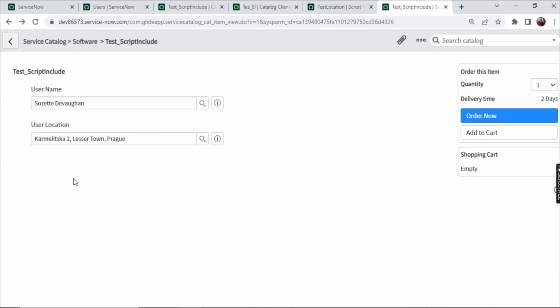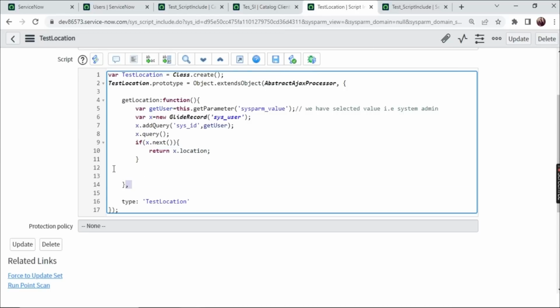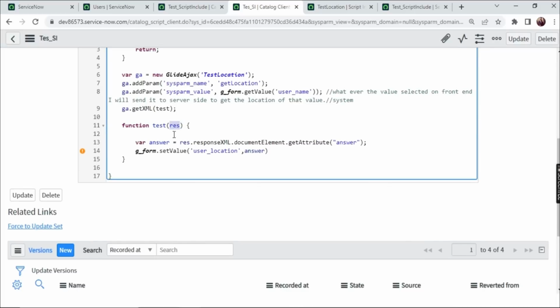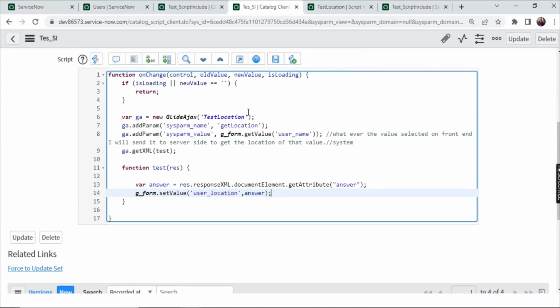See guys, I have not used the concept of configuration like auto populate. I have just used the concept of a script include where I am getting the data from script include, where I am getting the location. I'm sending this location in the form of result and response, and I'm converting this response to the real format. Either you can use the same concept guys, or you can parse in the form of JSON. Doesn't matter. You can use either of this. So there's a warning. I think I missed the semicolon, but still it will work. Doesn't matter. So this is how you will use catalog client script, and you will call script include on the